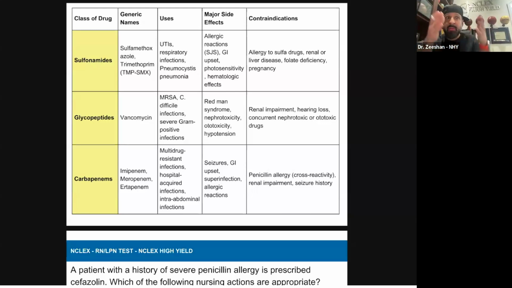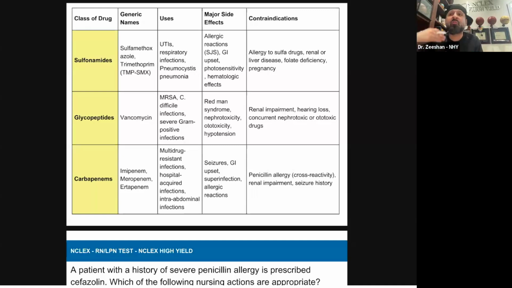Look at what I put. They're resistant to multiple drugs. That's why they're called the big guns. So you'll see them in places like the ICU because they're being exposed to so many different things. For instance, the old big gun used to be Levaquin, or levofloxacin, sorry, same thing, but I'm going back to generic. Levofloxacin. But then we kept prescribing. And guess what? We started getting bacteria that was resistant to it. So now the big gun that we had was no longer good.